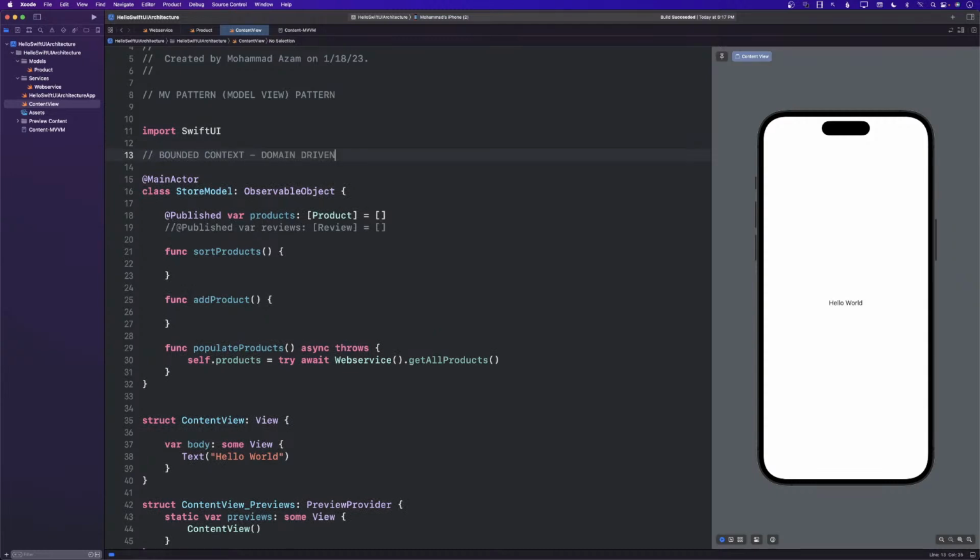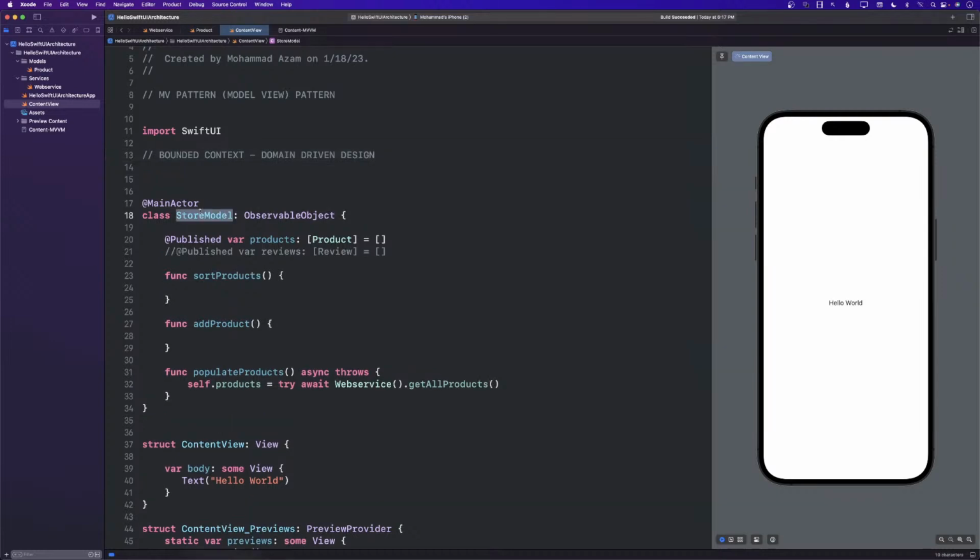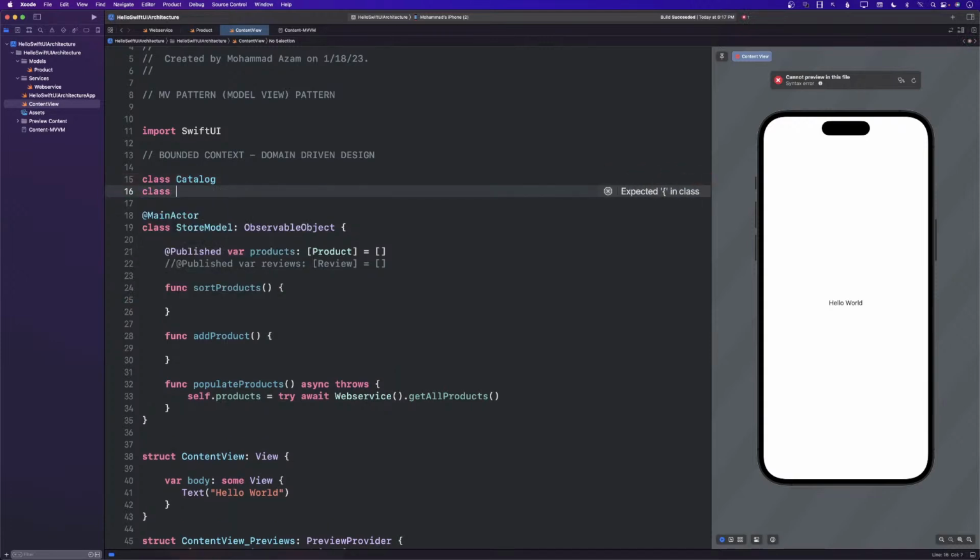Okay? So this means that you can have more of these models, not like 100 of these models, but more of these models. Maybe I can have a model for a catalog that will be responsible for giving me the products, giving me the categories, giving me some other stuff. Maybe I can have a fulfillment model.